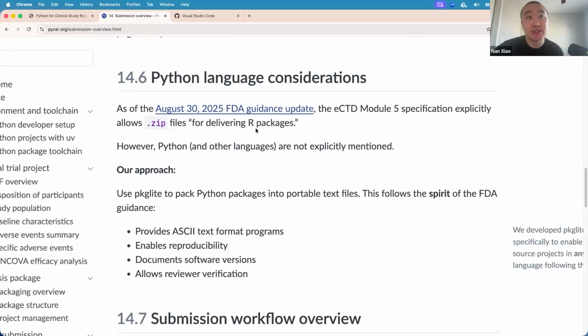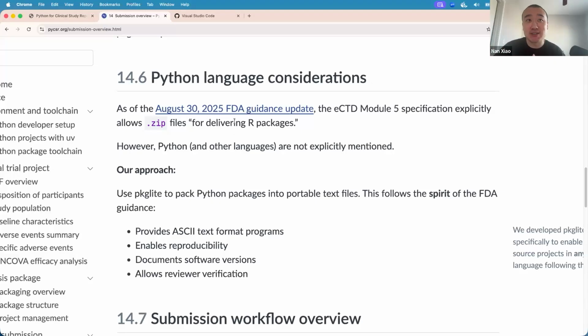Apparently, there has been a recent update on August 13, 2025, in the FDA guidance, saying that the eCTD module 5 can actually include .zip files for delivering R packages, and maybe also HTML files for demonstrating some results, right? However, there hasn't been any mention of other languages, but that was particularly for R, the update.